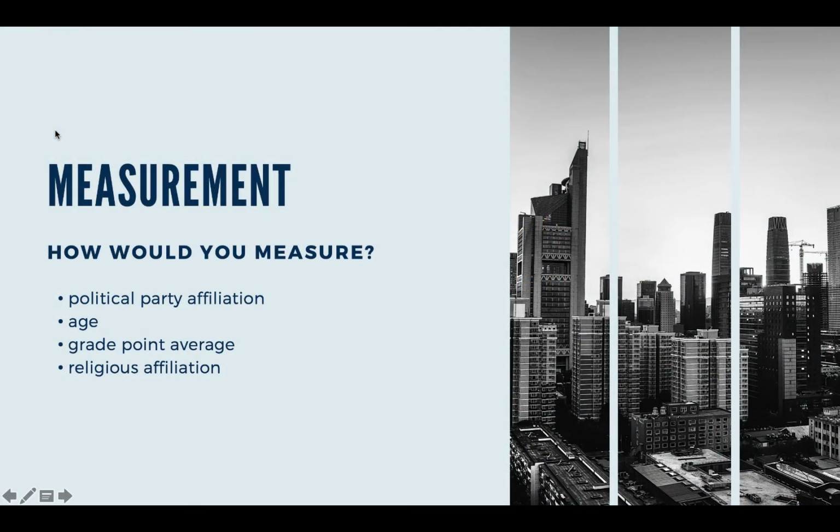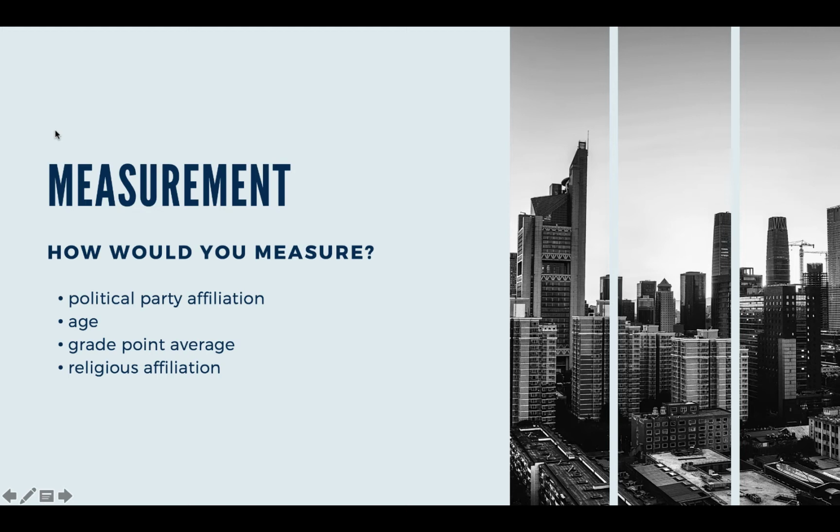So for example, how would we measure something like age? We can say, oh, how old are you? Age 0, 1, 2, 3, 4, 5, all the way to 125, however you want to define it. But that is one way of measuring a variable. Another way to measure the variable age is by saying, are you young or old? Are you middle-aged? So these are various ways to define the attributes within a variable.